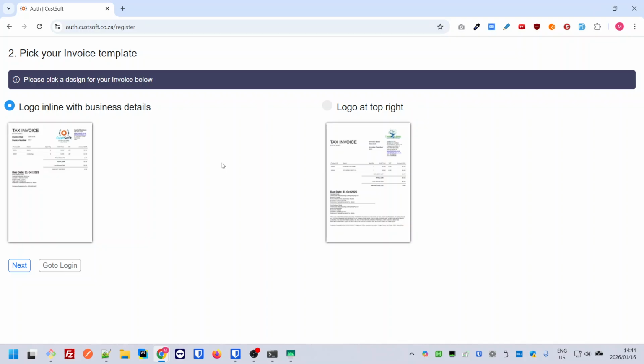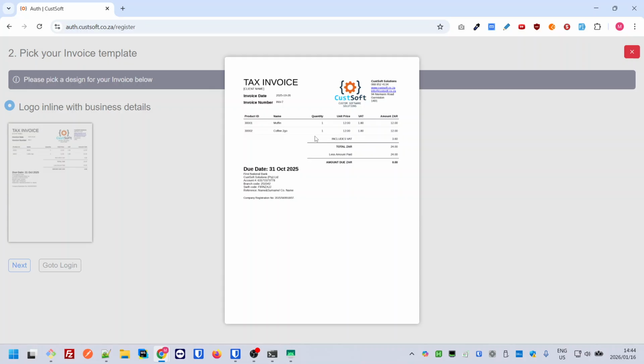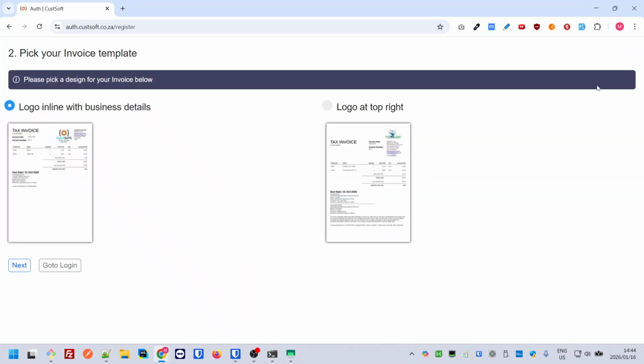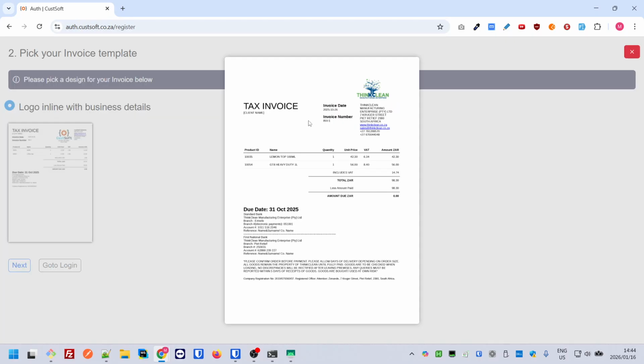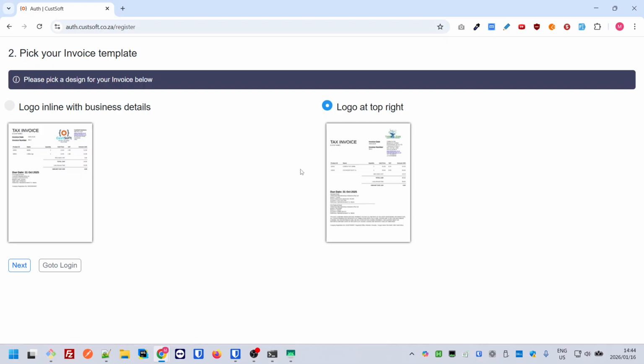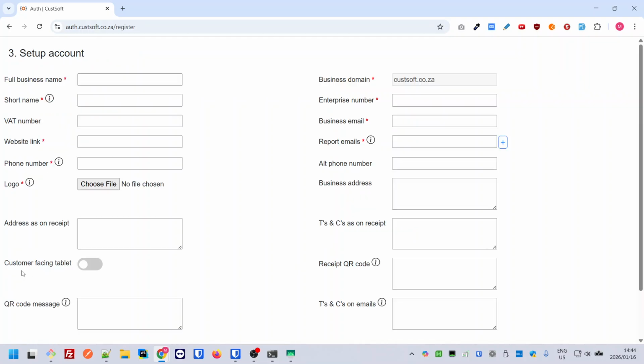And then the second step will be picking an invoice template. We've got two invoice templates. The first one being with the logo in line with your business details, or the second one being with the logo at the top right above your business details. If you've got a different invoice template, we can always customize and build it the way you want. I'll go ahead and pick the logo at the top right and go ahead and move on to the next